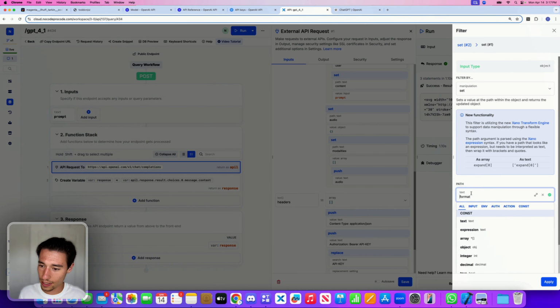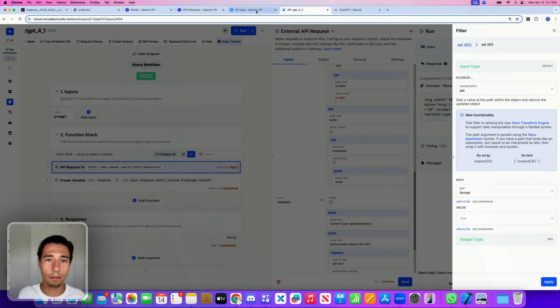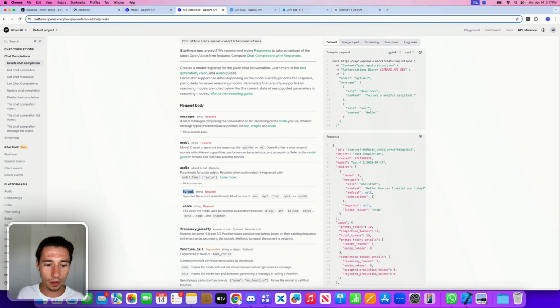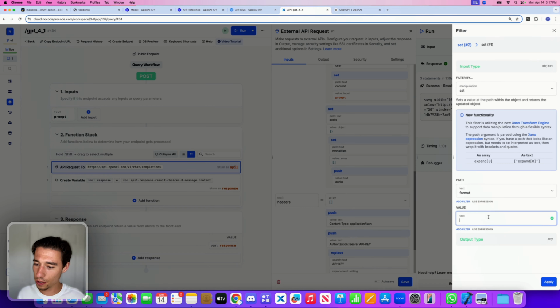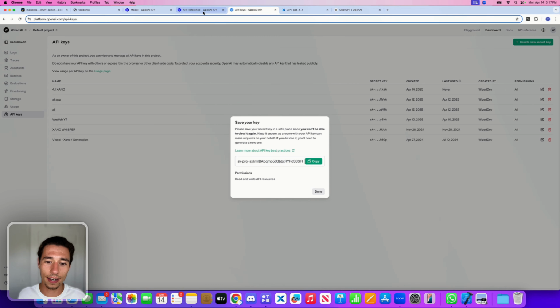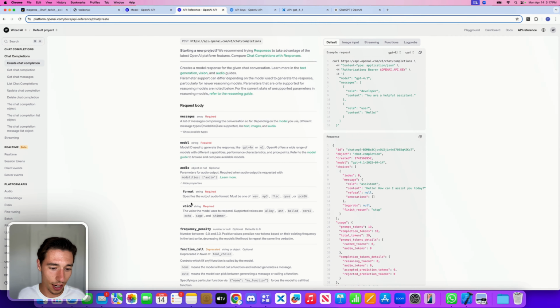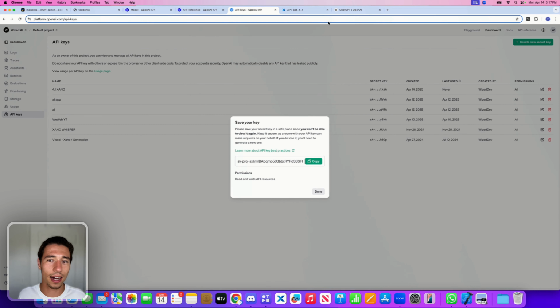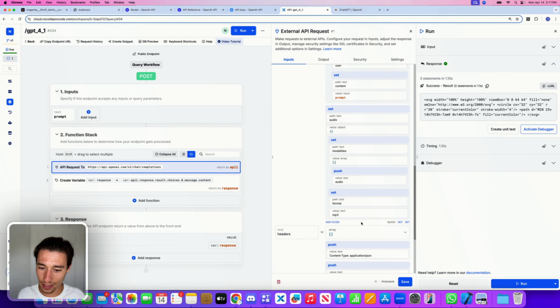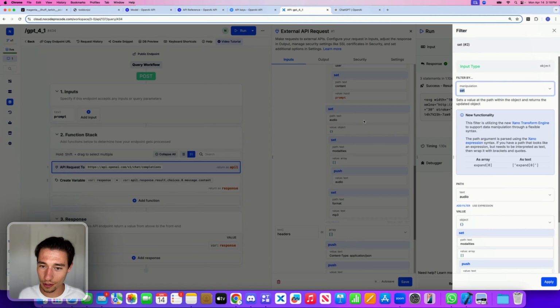And we got to set format, right? Then it will need to be MP3 as an example. MP3. And we can go inside of here and we can do MP3. And then we can go inside of here and we can do voice and we can do echo as an example. And I can then go back to the API and I can go back to this audio object here